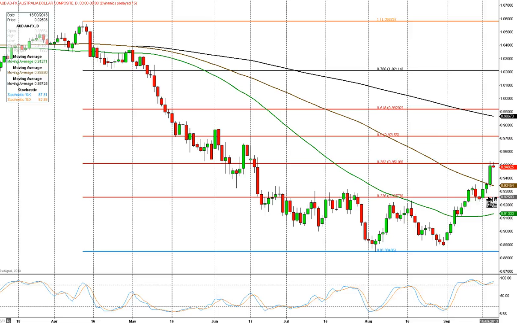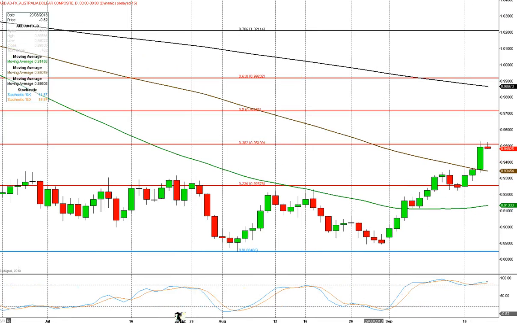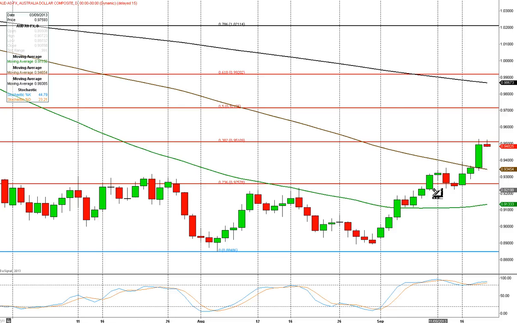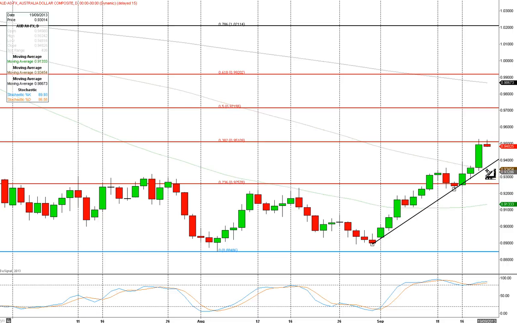We'd really need to hold above 92.60 for any chance of continued gains, but we'll have to see what happens there. If you put a trend line on here, you'll see that the 100-day moving average ties in quite nicely there. So 93.50, 93.45 is going to be very